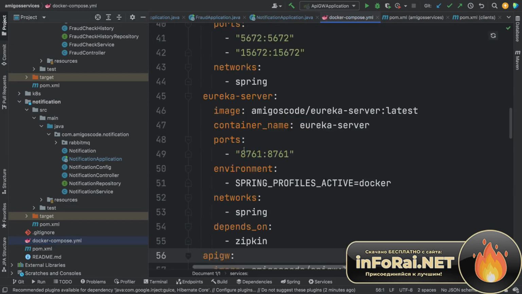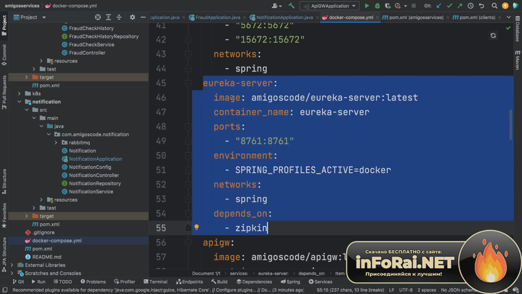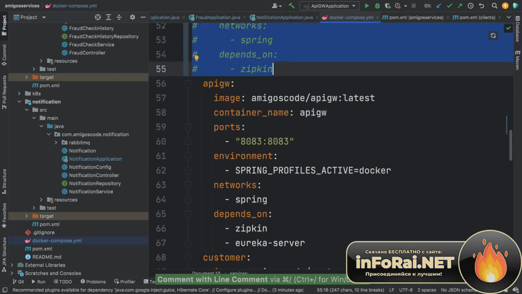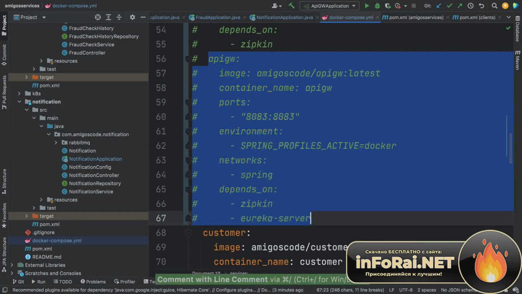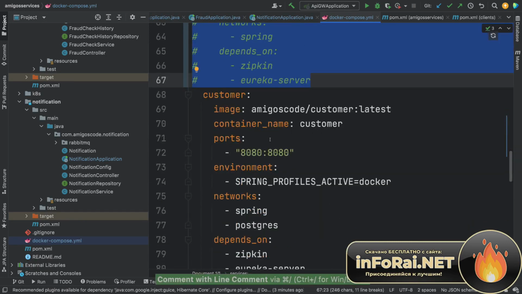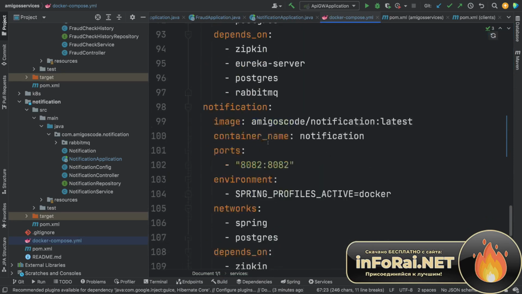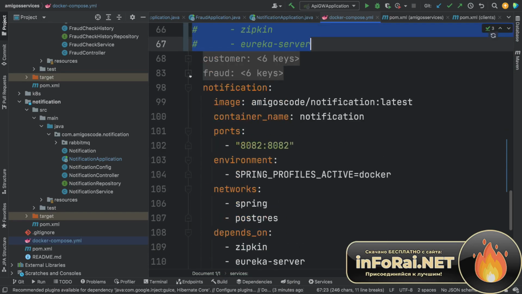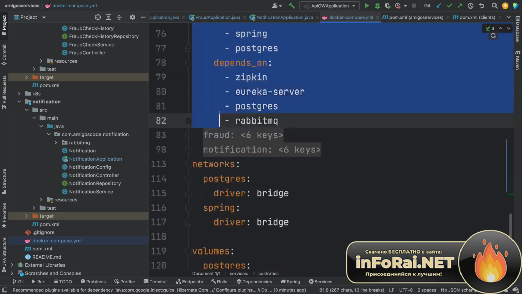And what I want to do is for Eureka Server, if you want, you can basically comment it out. And for the API gateway, let's also comment it out. There we go. Now you can see that we have customer, we have basically all of these. So what I want to do first is I don't want to start these. So let me just comment these just for a second. So comment all of these,